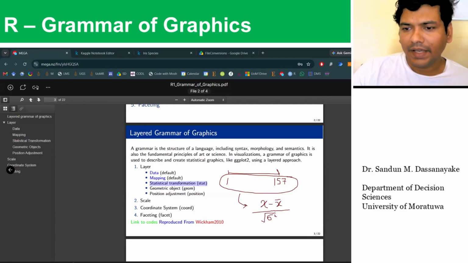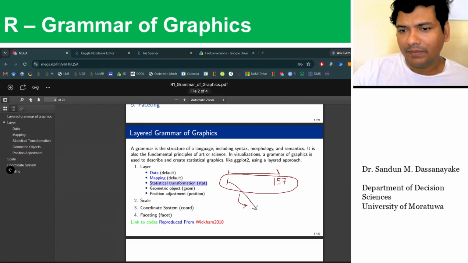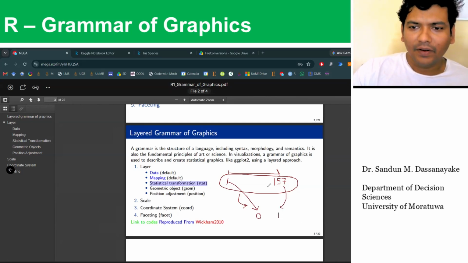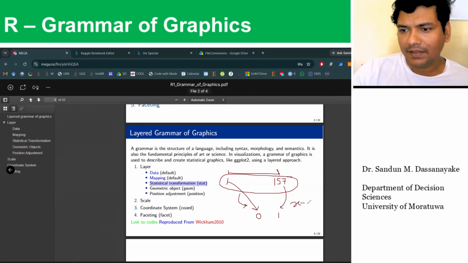So we can have different ways of this statistical transformation. Also, another transformation is the min-max transformation. So what is a min-max transformation? Where we map the minimum to 0 and then the maximum to 1. So that is also another way of transforming. So in order to do that, what we do is we take the value minus the minimum and then divide by the maximum